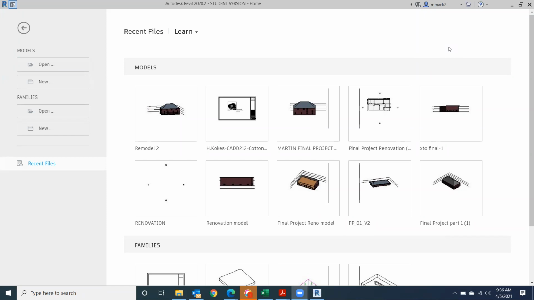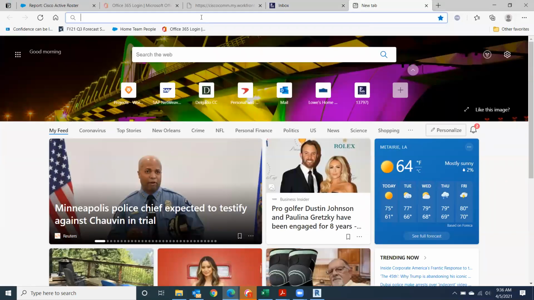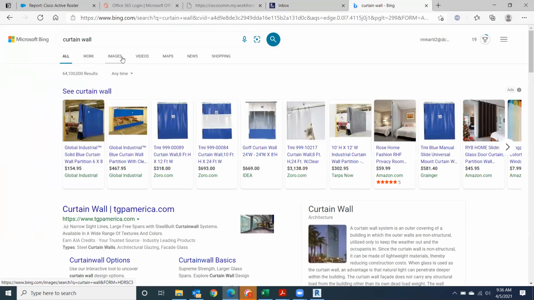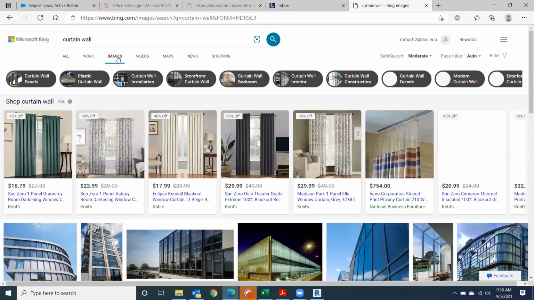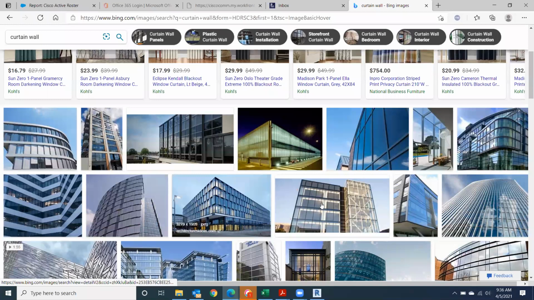All right, when we're talking about curtain walls, we're talking about a structural and a visual representation of curtain walls. Well, it's not this, that's for sure. It's this right here. So not only are they visual for the windows where you can see out of them, but they're also functional. They function as a wall as well. A great representation of what a curtain wall is